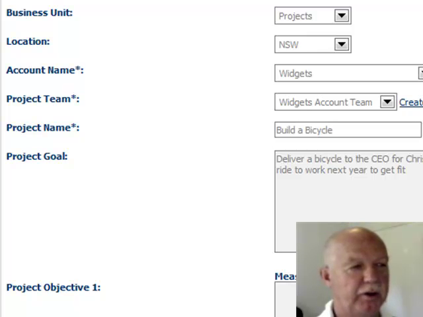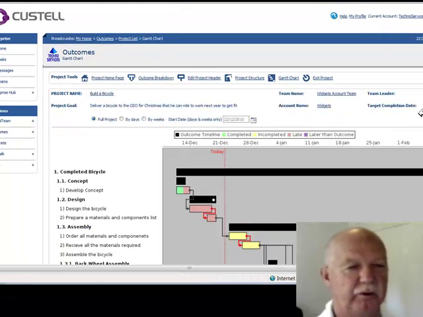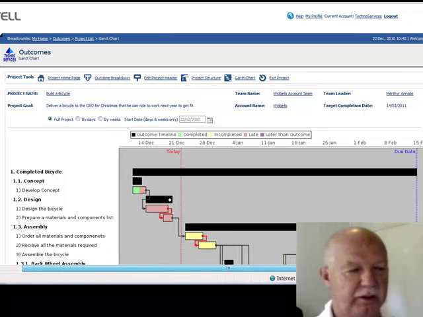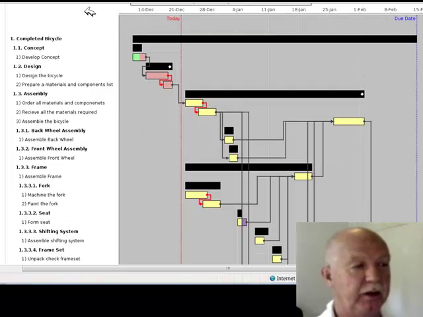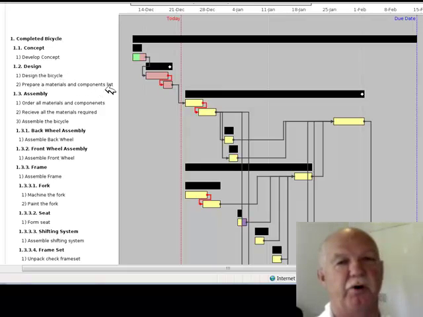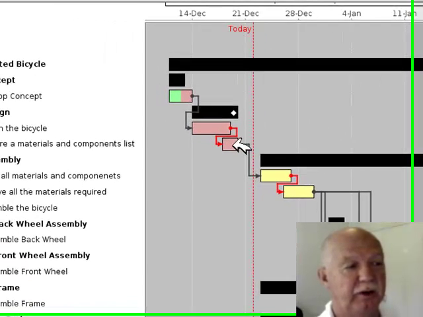Okay, and then let's jump to the Gantt chart. The way it's structured in the Custell application, the Gantt chart is actually where you typically manage your project from. So in this case, this is build a bicycle. The outcomes we're looking at, the outcome structure here is in bold, and then unbold is the tasks to achieve those outcomes. So in this case, we've got a design here and two tasks: design the bicycle and prepare a materials and component list. You'll notice here the black bar is the outcome, and the coloured bars are the tasks, and